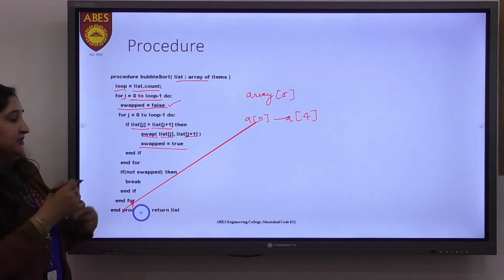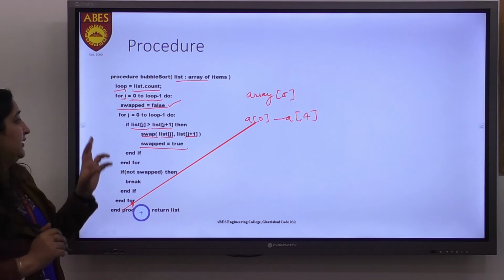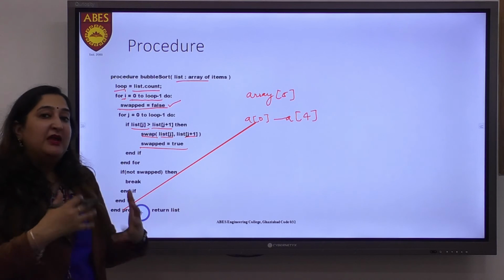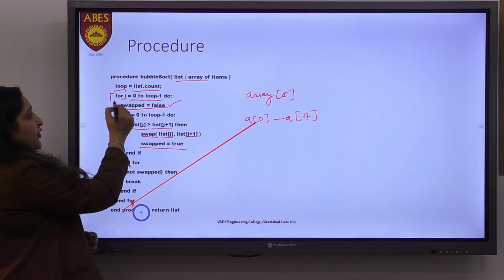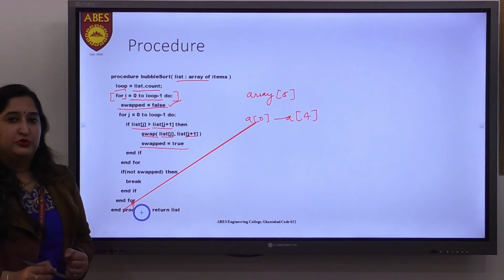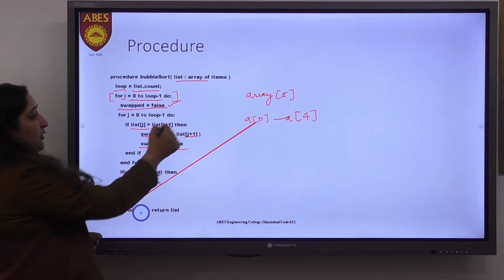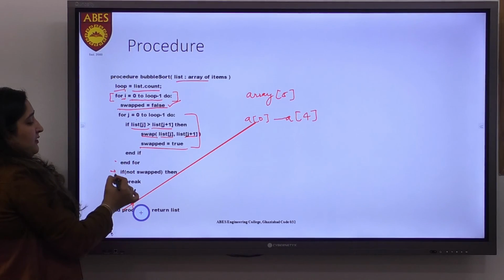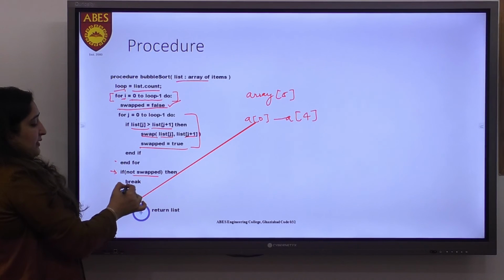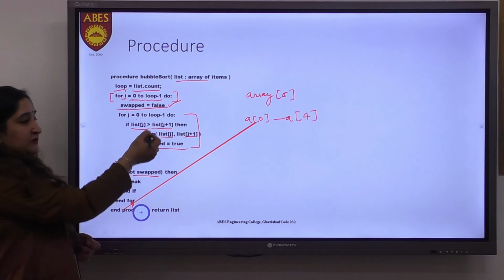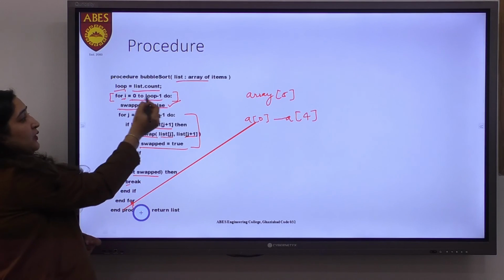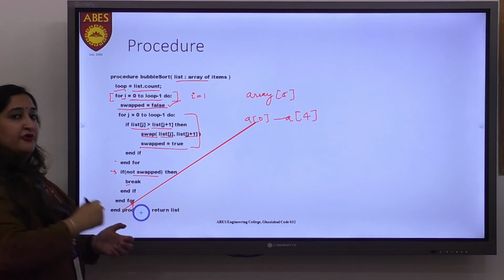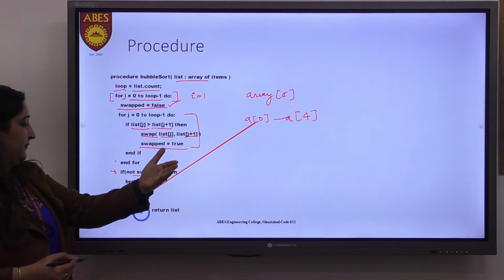So after this, one pass has been completed, but I have to perform the whole operation in many passes. In that case, this for loop will perform all those passes. This will go one time, then it will check whether the element has been swapped or not, and if not swapped, then break. It will again go and update the value of I equal to 1, then again this operation will be performed for the next pass and so on.